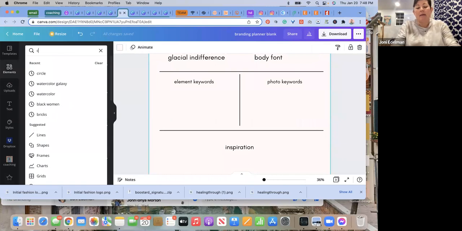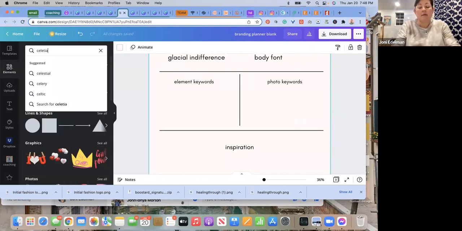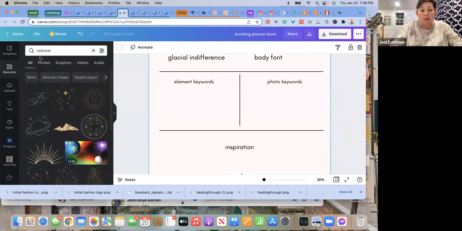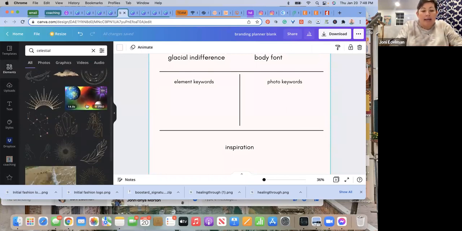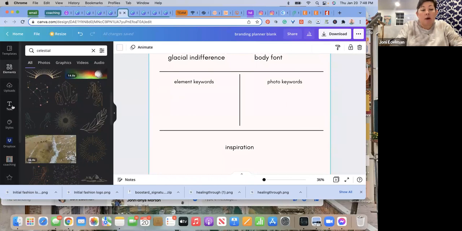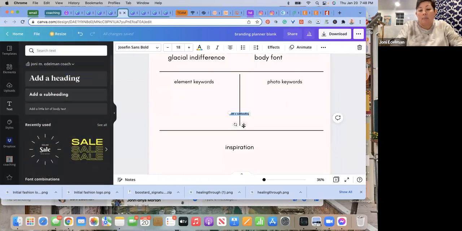So let's say, I'm going to say celestial because a lot of it has to do with space. So look at that. I like these. So then what I would do is I would grab a text box and just write over here. The element keyword is celestial. Because now what I can do is, let's say I have